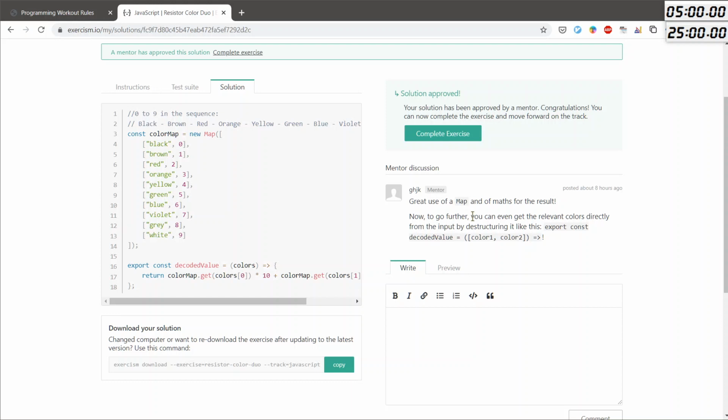Now, to go further, you can even get the relevant colors directly from the input by destructuring it like this. Export const decoded value. What? Color 1, color 2, from the input, destructuring it like this.